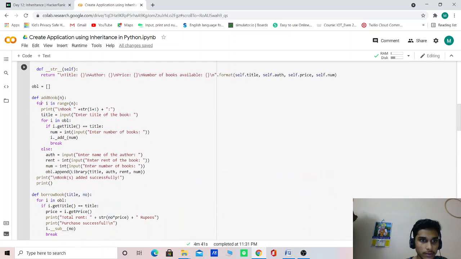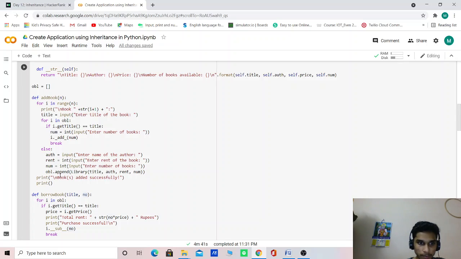In add book, we are given print with book, string I plus 1, title, enter the title. When we run the code, it will ask enter the title, so we are giving this. When we give this, it will add over there. Enter the name of the author, enter the rent of the book, then enter the number of books.